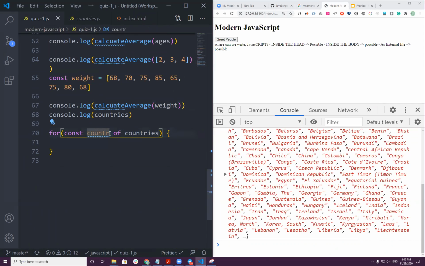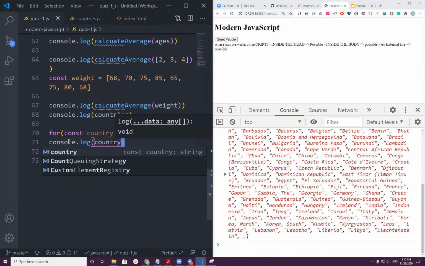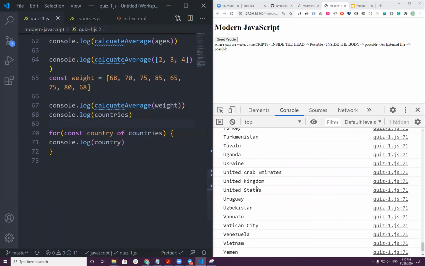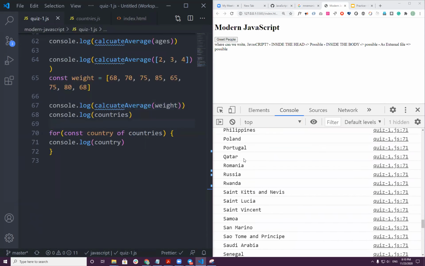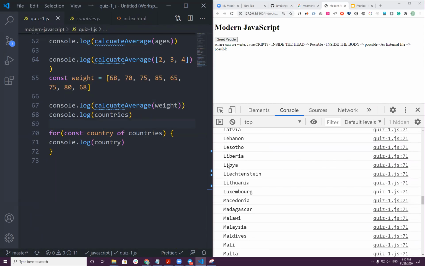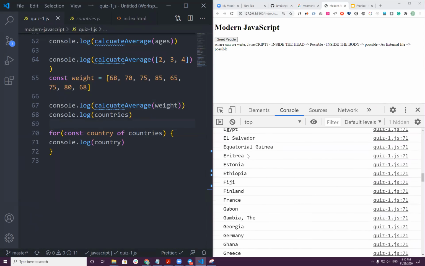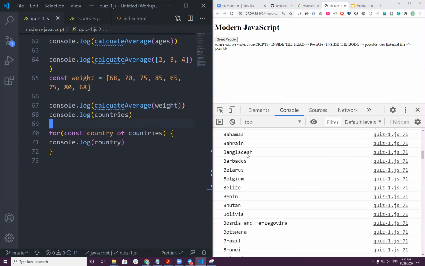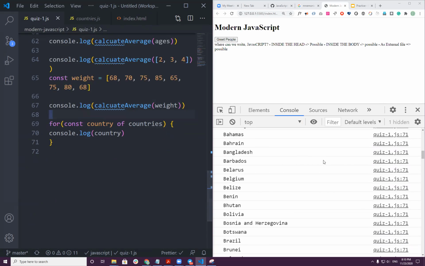So when I say country of countries, that means please extract one country from the list of the countries. So let's print them out. Now I managed to print out the countries one after another, so I don't have to print them all at once.